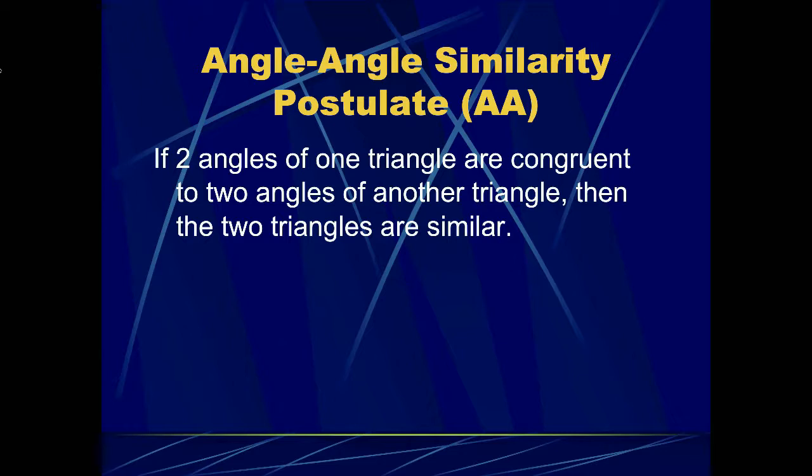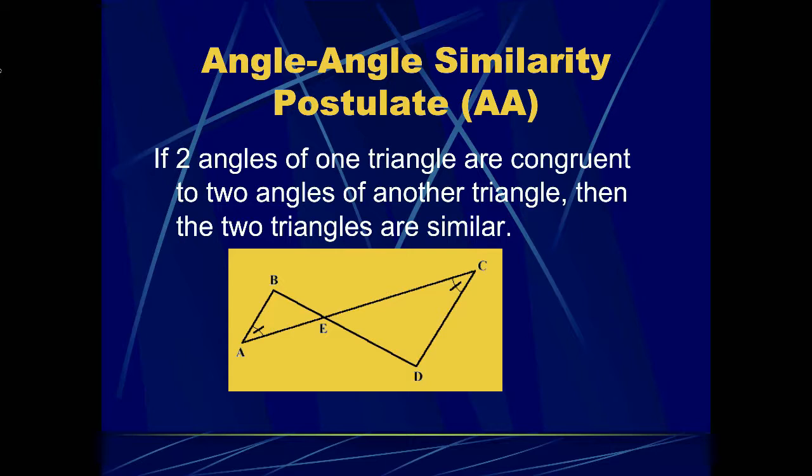Well, we might think, why don't we have 3? Like in the congruence postulates, we needed 3 things to be congruent. Here we only need 2 angles to be congruent. So why only 2 angles? Well,